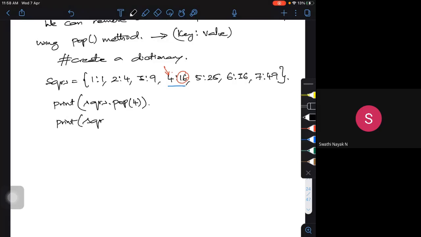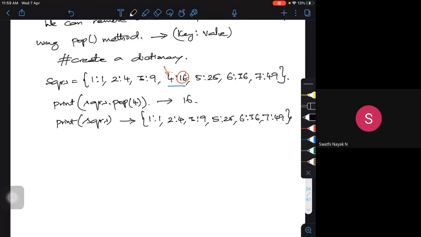Now if I try to print SQRS, what is left out? The output will be your dictionary with 1:1, 2:4, 3:9, 5:25, 6:36, 7:49. So the value 16 is removed with the key 4.